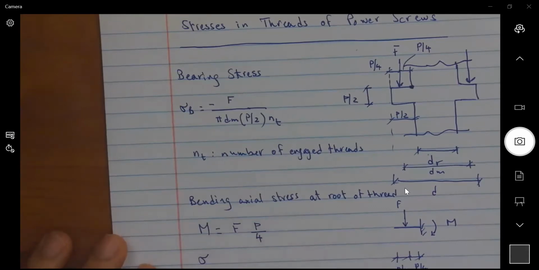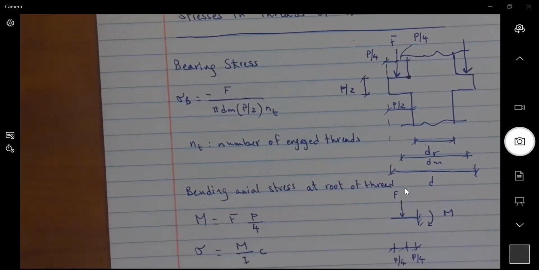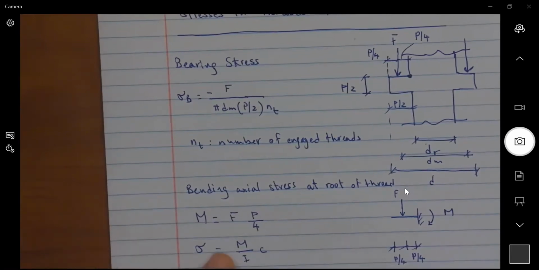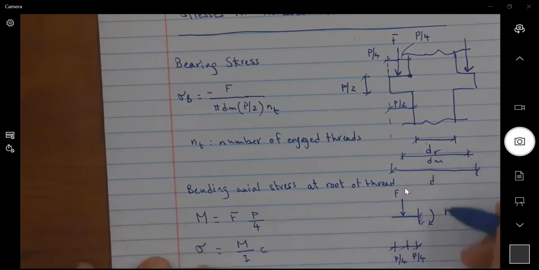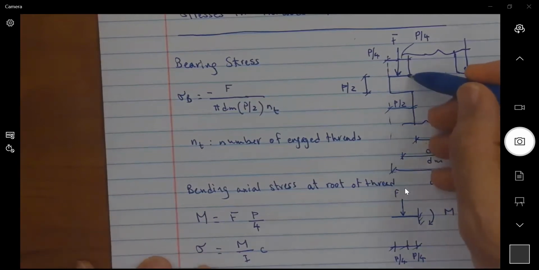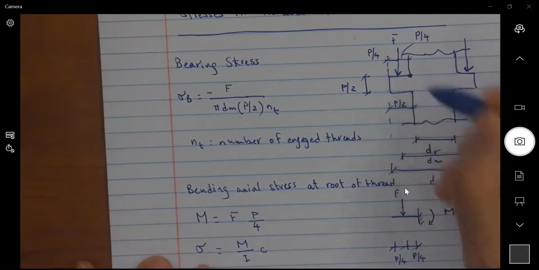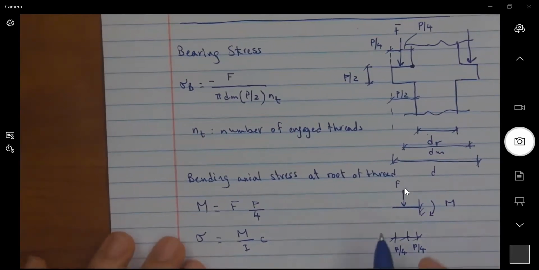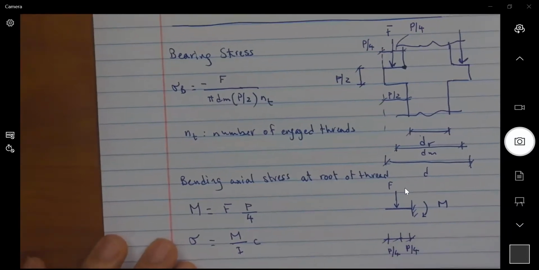The axial bending stress, as we learned, is sigma equal to M divided by I multiplied by C. Of course, I can put a minus sign and then use a negative moment, or I can see here clearly that at the top of the root, it is a tensile stress. Now, I, the moment of inertia,